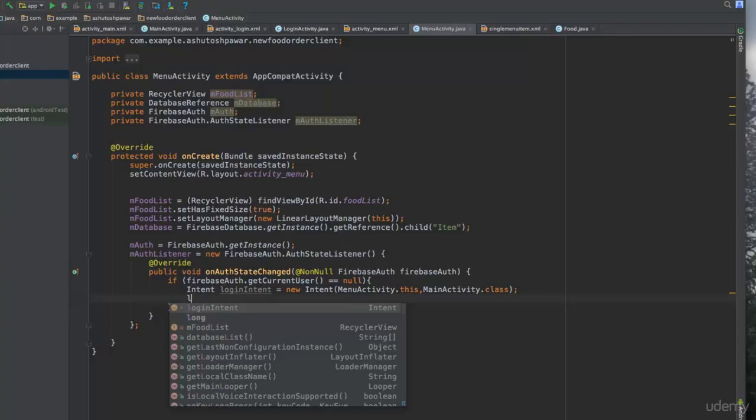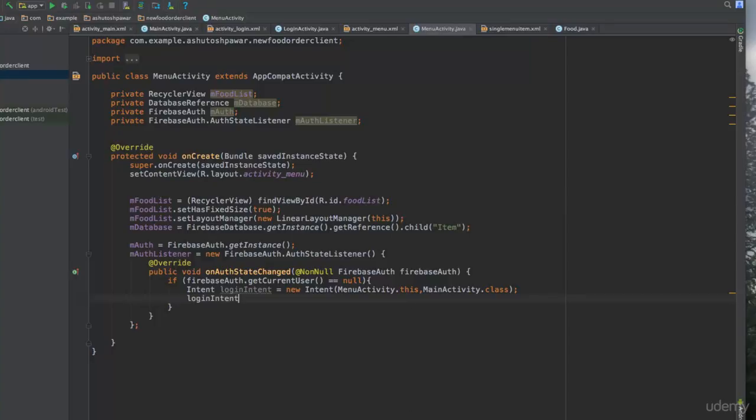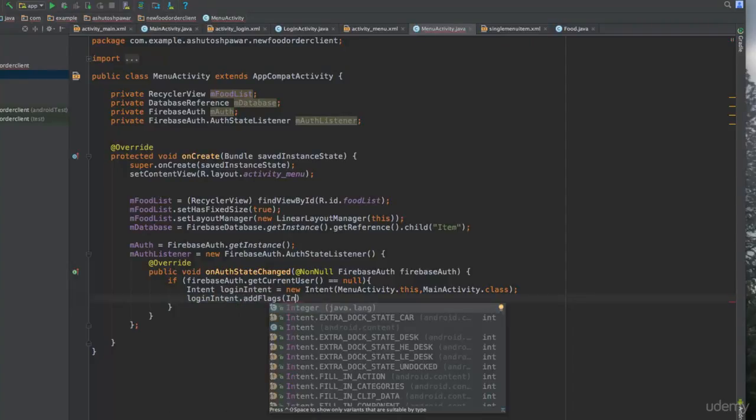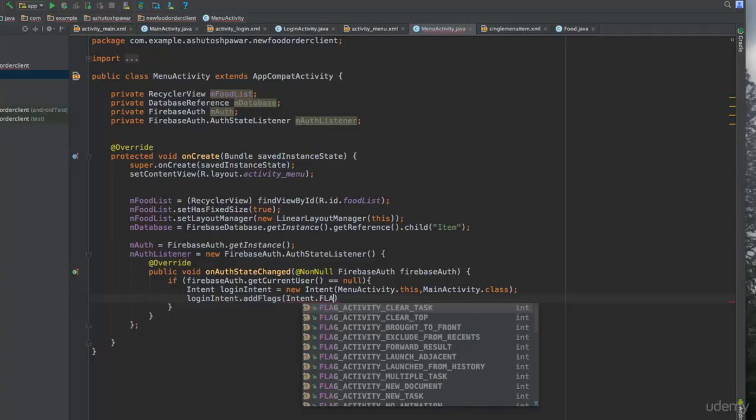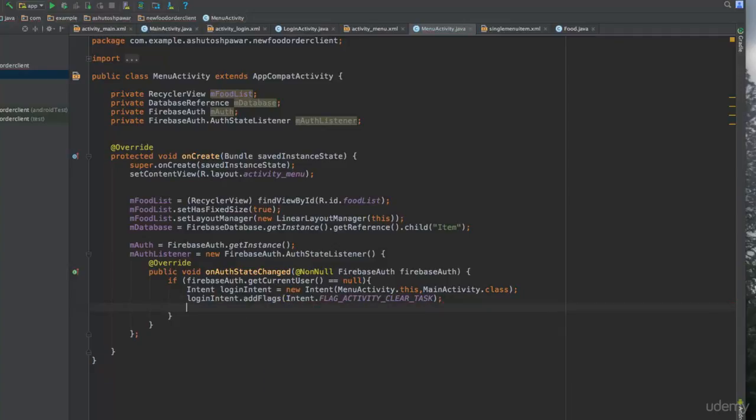So even before starting this intent, what we want to make sure is that the user should not be able to hit the back button and come back to this activity. So for that, we are going to add flags to this intent. So loginIntent.addFlags, that's going to be Intent.FLAG_ACTIVITY_CLEAR_TASK, and after that we will start activity for the login intent itself, and after that we are good to go. So once this thing is done, this ensures that no unauthorized users should be able to access the menu